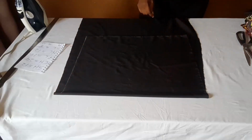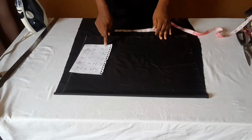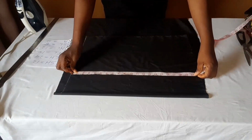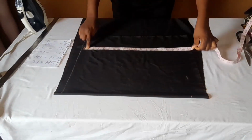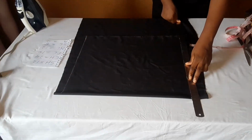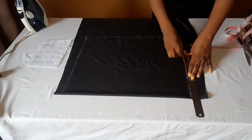The first thing we need to do is to get our starting point line, and from that starting point line I'm going to be getting the length of the front. We are starting with the front panels. So the length is 18. I added 1 to make 19 inches. So that's 19. I'll just join those points like this. Okay, so this will give me the length of